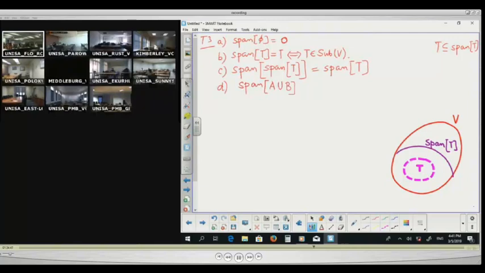Can you see that? Right? Because span S is already bigger than this. That is a subspace which contains T. So span T should be smaller than that. Okay. So therefore, can you see that span